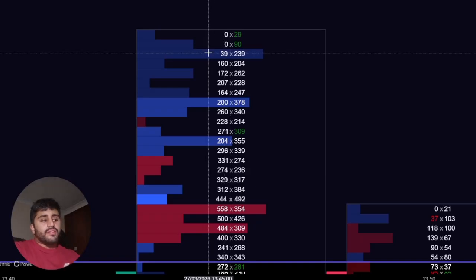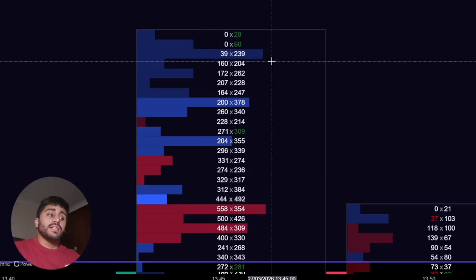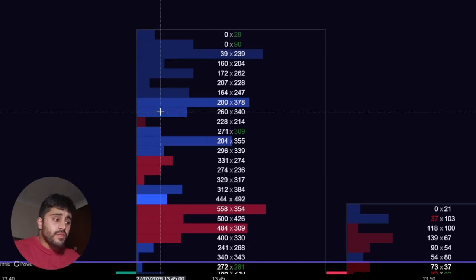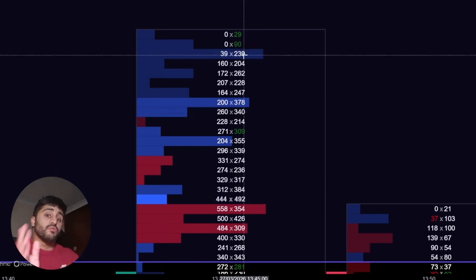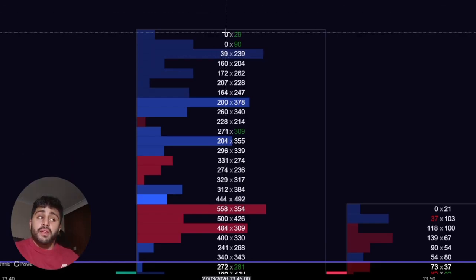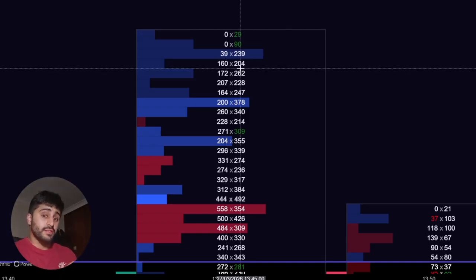So we can see here 39 for 239, right? That's obviously a big difference. The delta here is 200 because it's the right number minus the left number. Now this is the bid on the left number. The bid is the aggressive sellers and the ask is the aggressive buyers. And so when you have aggressive sellers on the left, and you have aggressive buyers on the